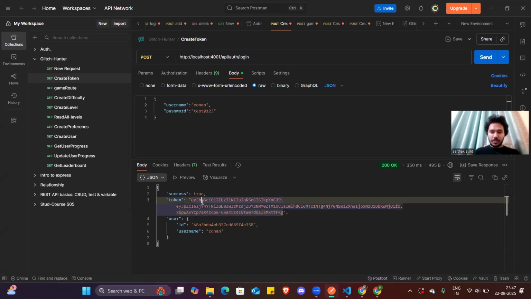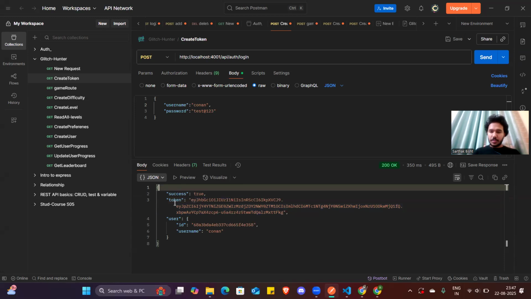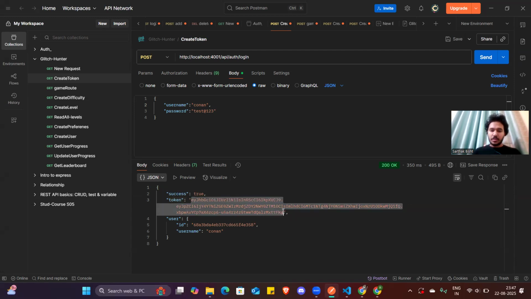This first part is my header, which I told you is basically the metadata or algorithm which I pass here. The second part contains the payload, which contains my user information, my data, roles, and user ID. And the third part is my signature. So if the token is right, then I will get the user data, ID, username, and all those things. I hope you understand this concept of